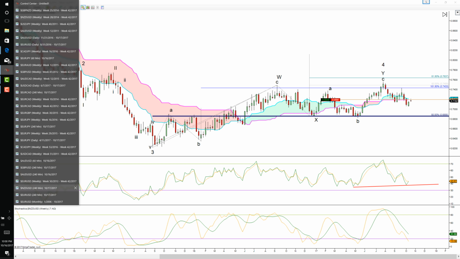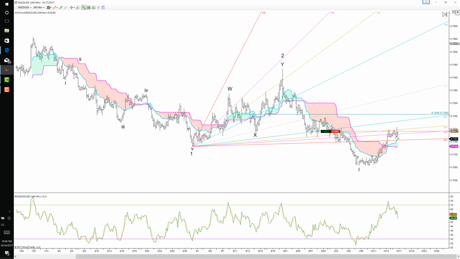But on the 240, it's a little bit clearer, and on the 240 you have a clear flag wave move down for 1, you have a WXY for 2, and then you can count this as a 5 wave, which will be 1, 2, 3 here, and then you can count this as 4, and then this is an extended wave 5 as a 1, 2, 3 here, 4, and then 5 of 1, and then you have a correction, which can be an A or a W. I don't have this as a 2, but when it comes to the weekly that I just spoke about now,